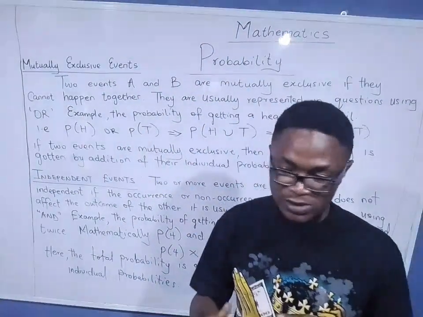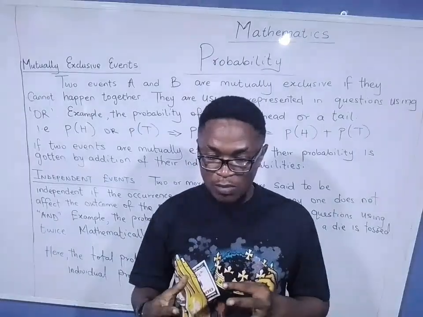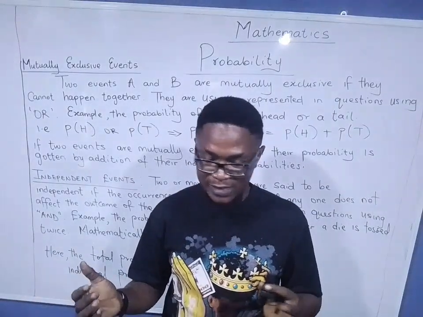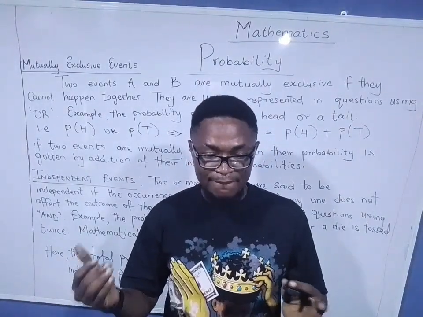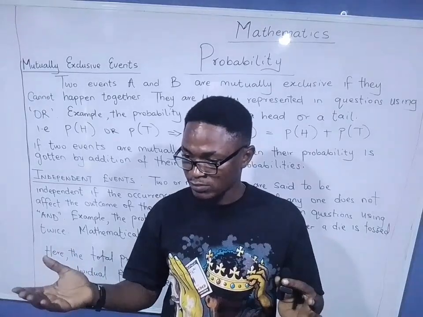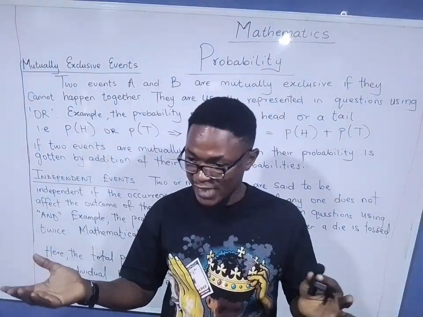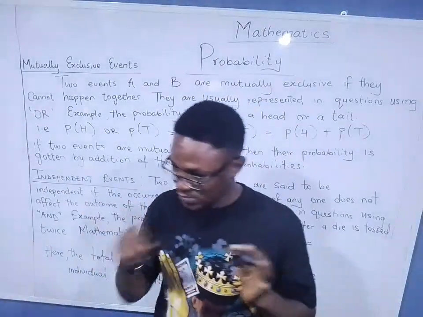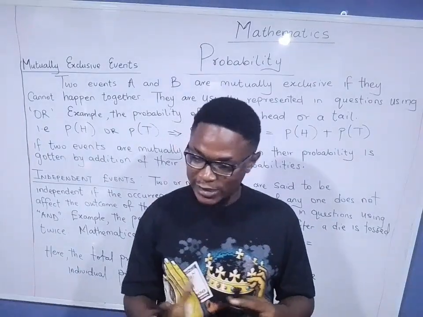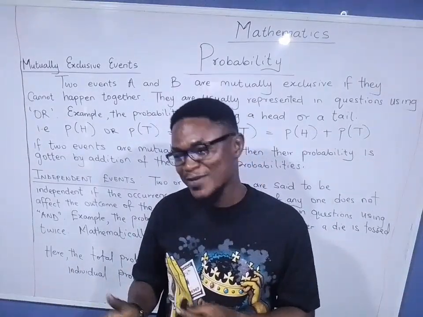What am I talking about? If your mom is pregnant, for instance, and she's about to give birth, what's the probability that she's going to give birth to a boy? 1 over 2, right? So it's either boy or girl. Either she gives birth to a boy, or gives birth to a girl,